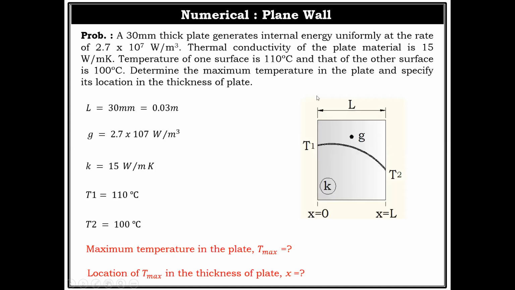So the schematic will be like this, where the G source is somewhere within the solid wall, but not exactly at midway, and T1 will become higher because the generation source is nearer to the left face. So this is 110, T2 is 100, a little bit lower value. In such a case, we count the thickness of the slab from the left hand face, which equals 0, and move on to the right hand face and reach the total thickness L.